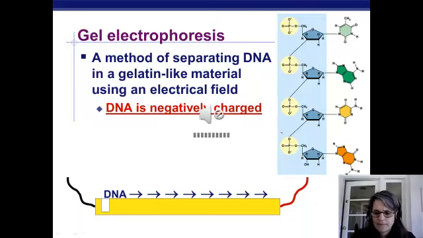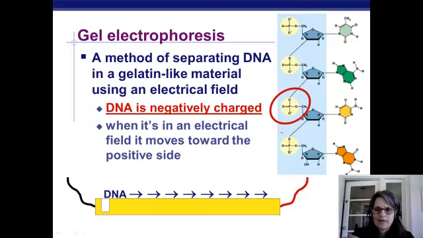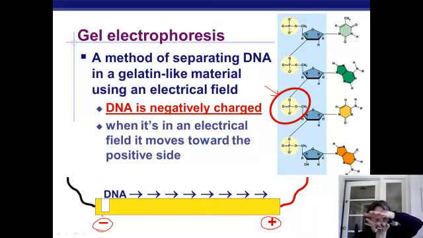So there's the source of our negative charge right there, and when we put this DNA in an electrical field, there's the negative end here, here's the positive end, and we are looking at the gel like we're looking at it edge on. So right there, that brown is the whole sample of DNA. We've already cut it using restriction enzymes, so there's many different fragment sizes in there. It's very tiny, we can't